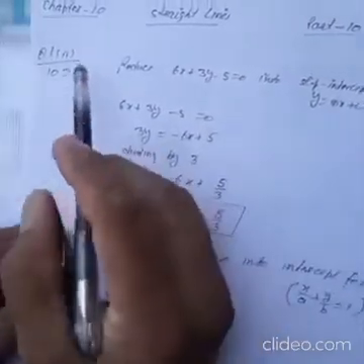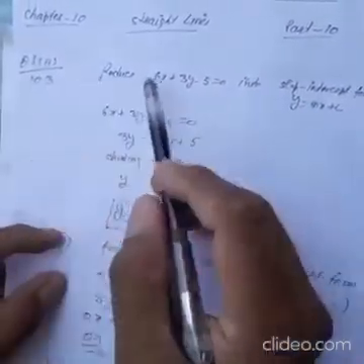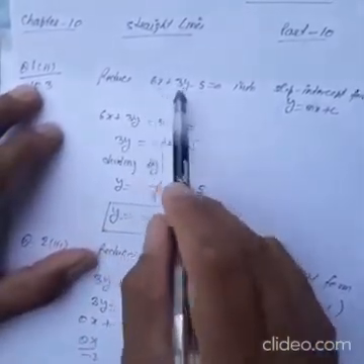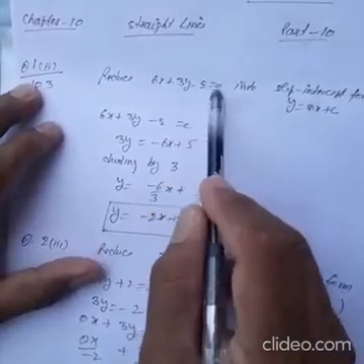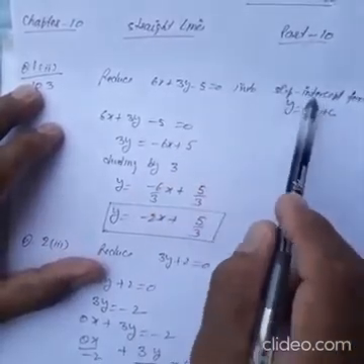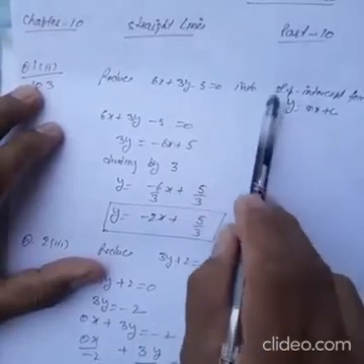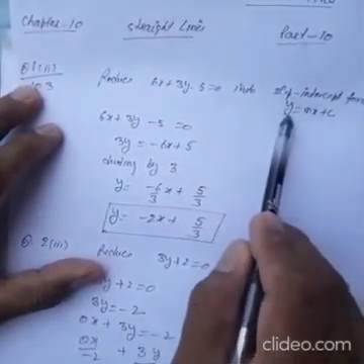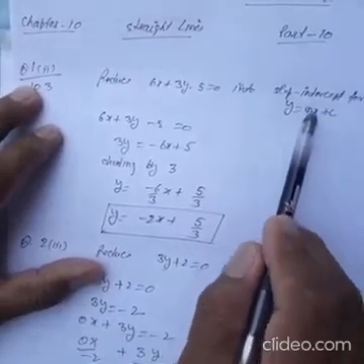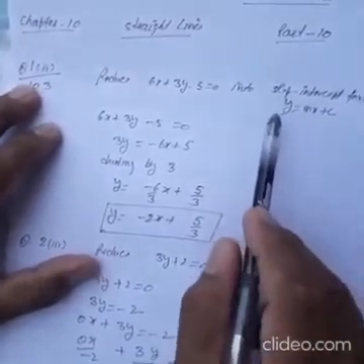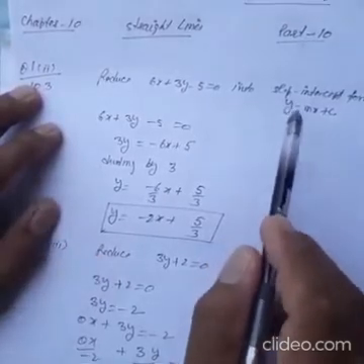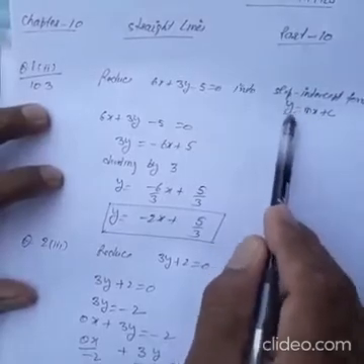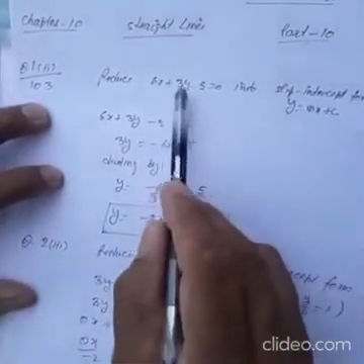Questions of exercise 10.3, and we are doing the first question, second part. We will reduce 6x plus 3y minus 5 is equal to 0 into slope intercept form. So directly the slope intercept form comes to your mind, and this is the slope intercept form, y is equal to mx plus c. In this form, the term of y should be on one side and all other terms on the other side. Coefficient of y should be 1. So you start the procedure.